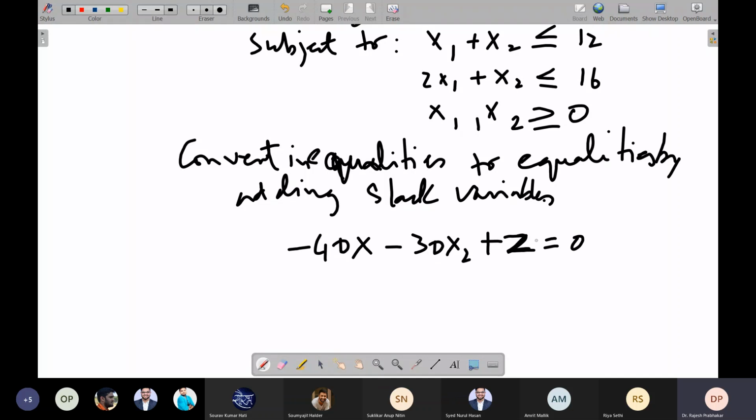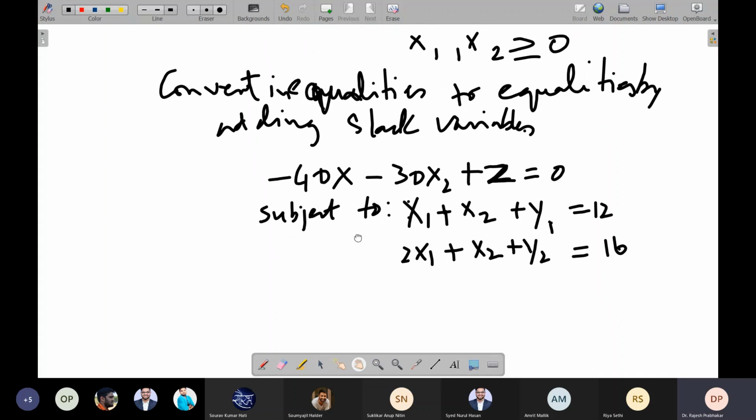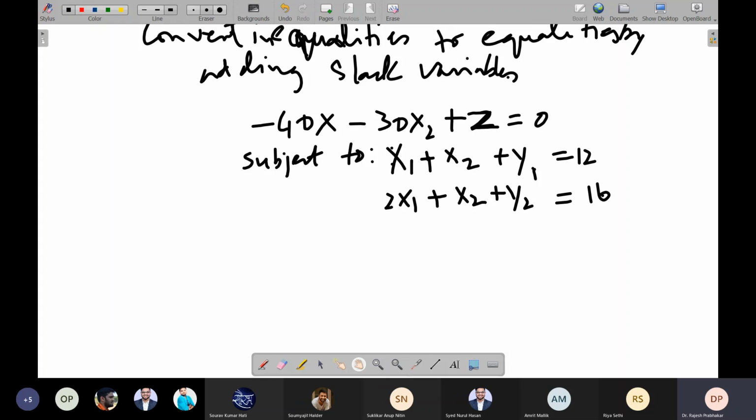That means we moved all the right hand side values to the left hand side and made it 0. Subject to the constraints, x1 plus x2 plus y1, the first slack variable, is equal to 12, and 2x1 plus x2 plus y2, the second slack variable, is equal to 16. So we have converted the inequalities to equalities.